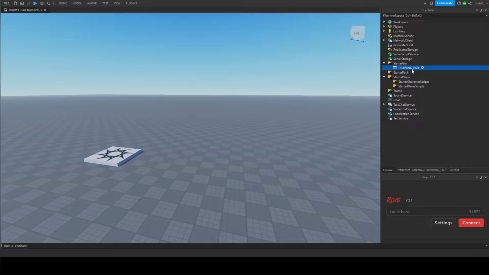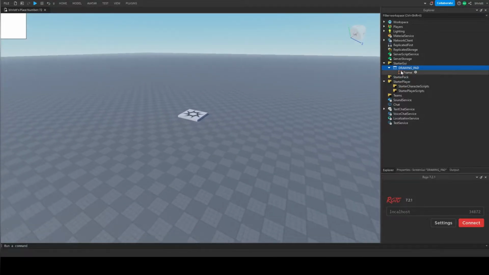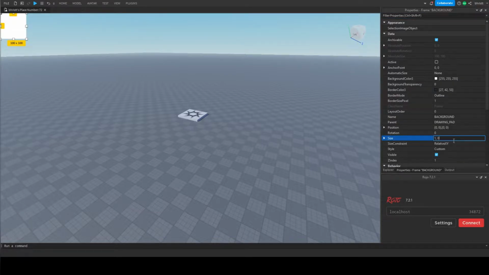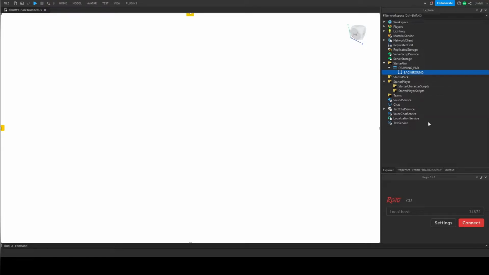And then we're gonna put a frame in here to block the background, because I don't want to see this base plate in the background. So let me name this background, and I'll resize it. And now we have ourselves a background. This should be 0. Alright, and then let's put another frame in here,